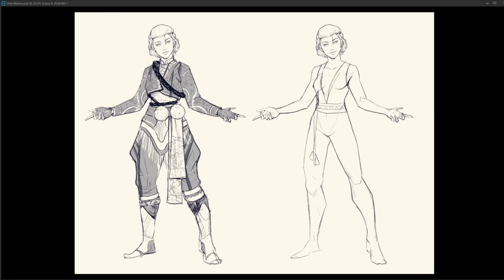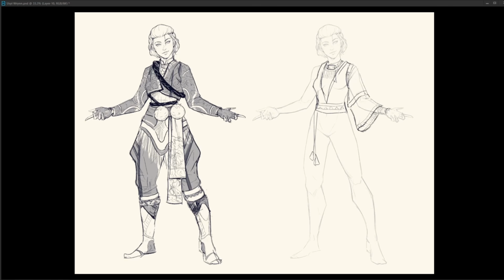So just going back to the topic of asymmetry real quick, one of the things that I started with this outfit was the 2 to 3 previous designs have a lot of symmetry in them, and so I wanted to return to what I started with in the first one, which is a very big differential in the symmetry of the outfit. And so very quickly I come up with the idea to give her this big sleeve on one arm and then a more tapered look on the other.